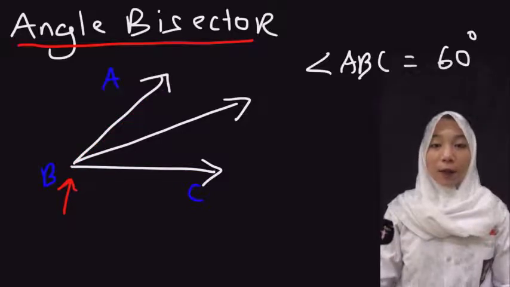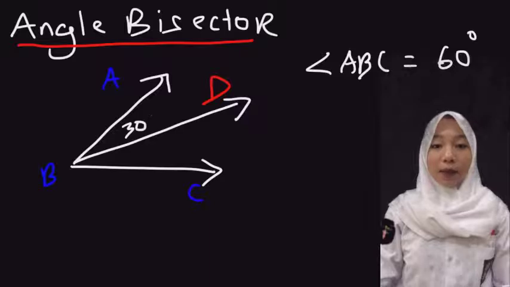Now another term you need to be familiar with is something called a segment bisector. So let's say we have a ray that passes